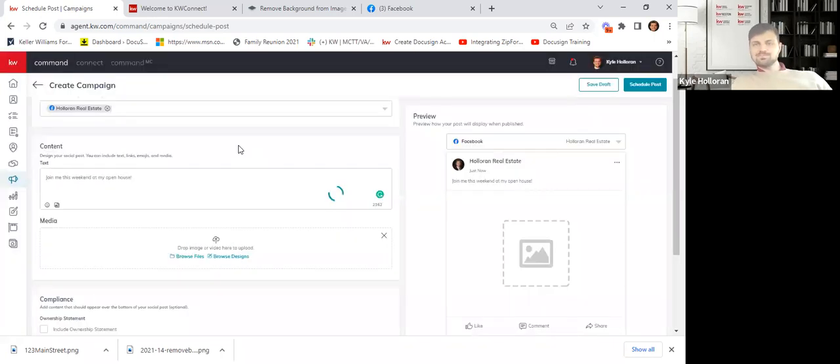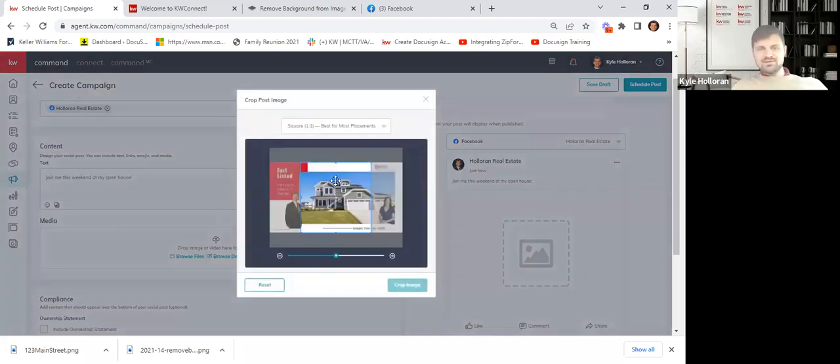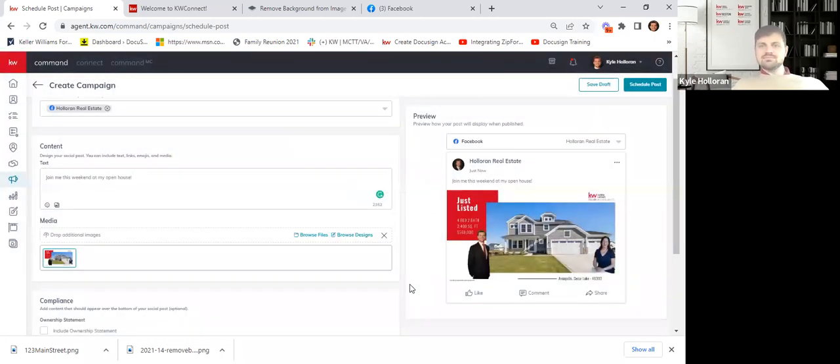I select that. Okay, remember, it's Facebook, so it's going to make sure that it's rectangular because that's the optimized version of that. But it'll actually bring that picture in. Here it is. And so I can say, do I want it to be square? No, I want it to be wide, right? That's the graphic that I created, right? So you can see how I cropped it in there. I can say crop image. Boom, there it is. Okay, so there's my post.